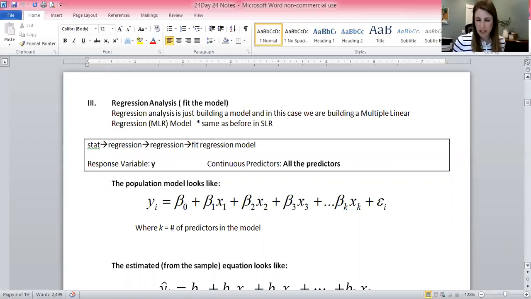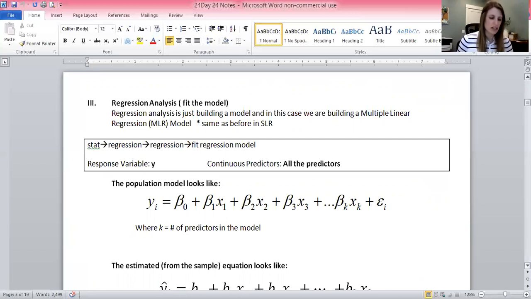So when we say regression analysis, I just want you to understand what we're saying is fit the model, make the model. I want you to get the equation. That's the model, right? And then everything else that comes with the output, it's just extra analysis for us. But when we say regression analysis, that means fitting the model, getting the equation of the line. That's exactly what it is. So it's just when we get that equation, we get a lot more with it,